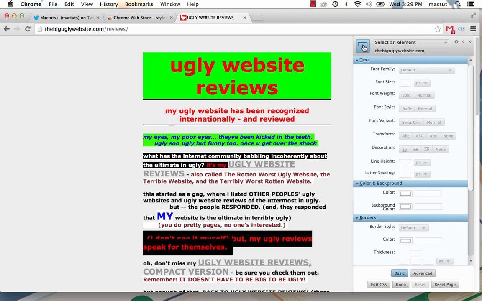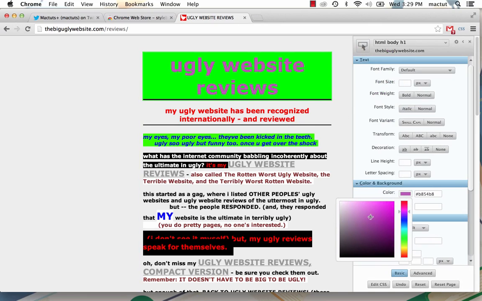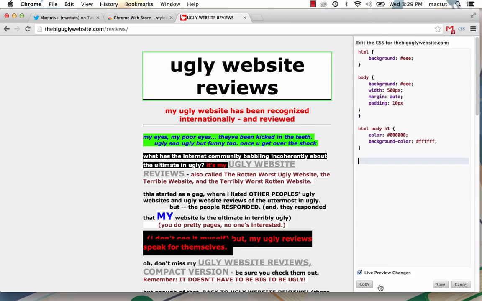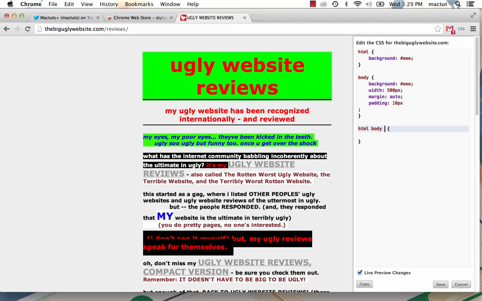Now, we could select each individual element, change the color and the background. But there are a lot of elements here, and that is going to take quite a while. So let's go back to Edit CSS. And instead of just selecting HTML body H1, we're going to select everything. So we're going to make the background